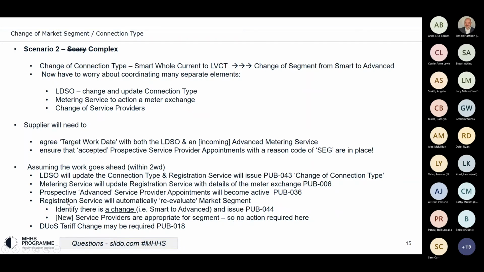Yeah, so in doing that reevaluating of the market segment, in our example here, we will have made sure that there were service providers appropriate for the segment in place by virtue of our advanced appointments. So again, in this particular example, there will be no action taken vis-a-vis service providers, but again,